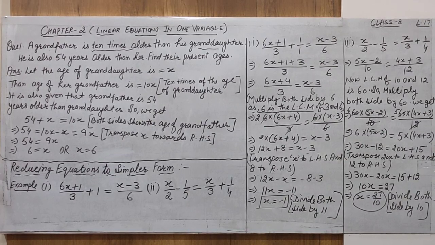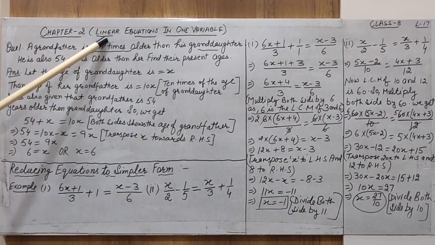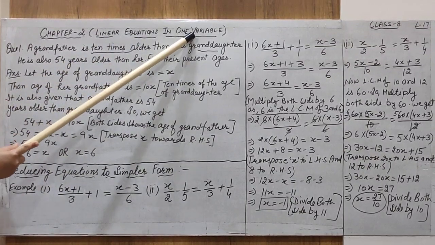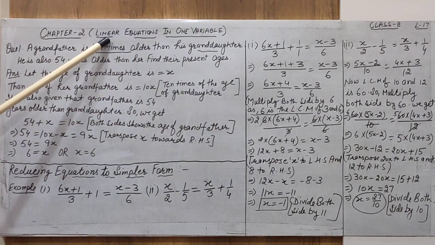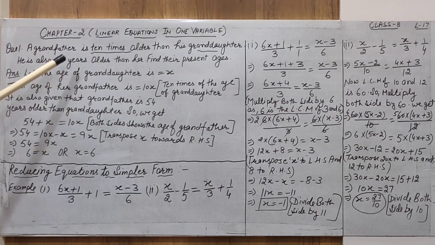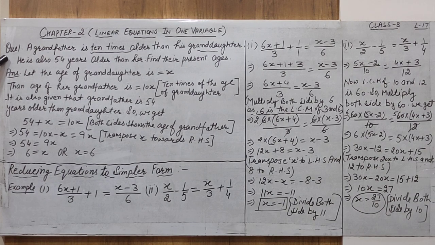Hello students, I hope you have understood the questions we have done related to linear equations in one variable of type 2, in which we have the variable on both sides and the constants also on both sides. A few questions we have already done related to applications of the second type. Now one more question I have selected related to age from the applications of the second type.